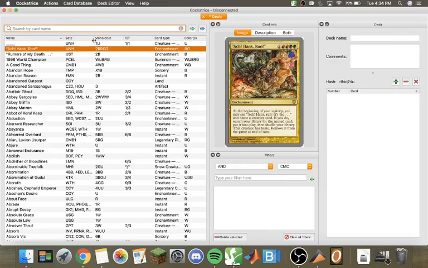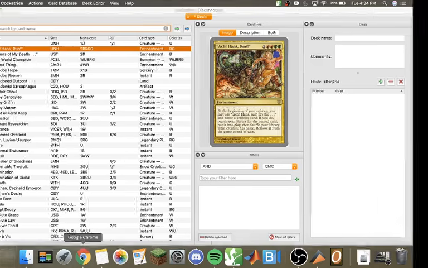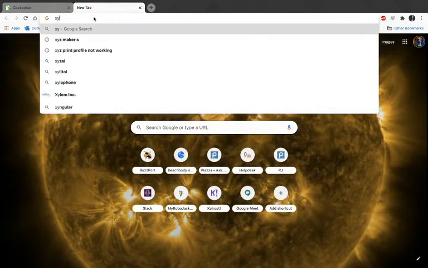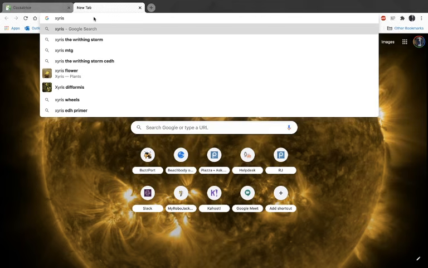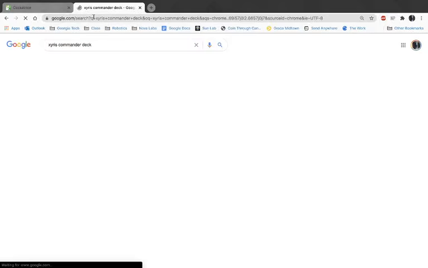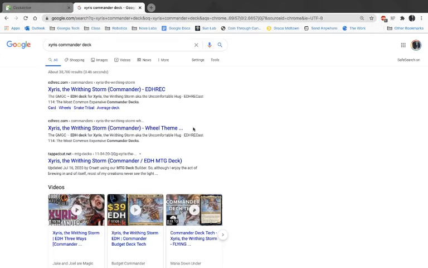However, sometimes that might be a little slow, and maybe you have a deck you really like that you have just a deck list of. And so to show you an example, I'm going to look up a commander deck that I've been meaning to get. So I'm going to go ahead and look up this commander deck, and I like to go to Tapped Out